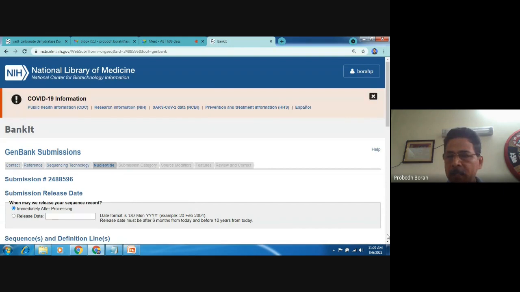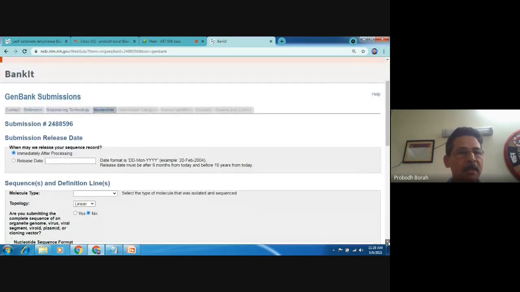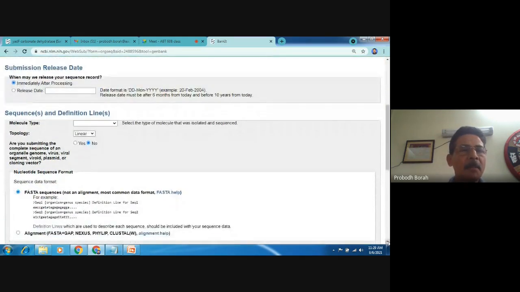Now it is asking some more questions regarding the sequence. Sequence submission release date: on which date the sequence has to be released into the GenBank database. It means when it will be displayed in GenBank as a sequence.